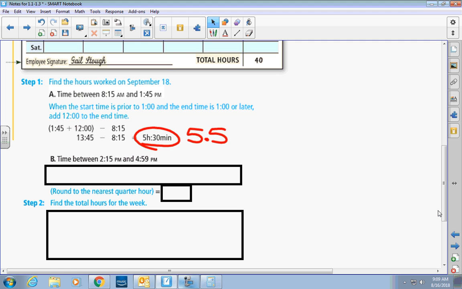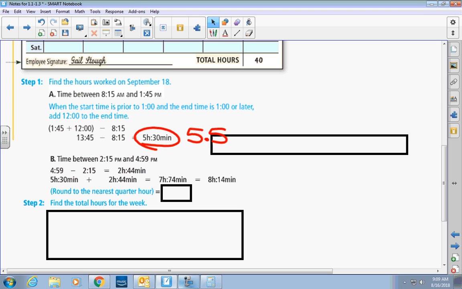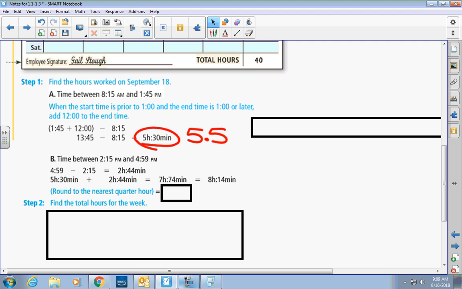We have to calculate the time between 2:15 and 4:59. And let's see if they round it to that 1 minute. I think they might. So between 4 o'clock and 2 o'clock is 2 hours. So this is how they do it. And between 59 minutes and 15 minutes is 44 minutes. So I would go